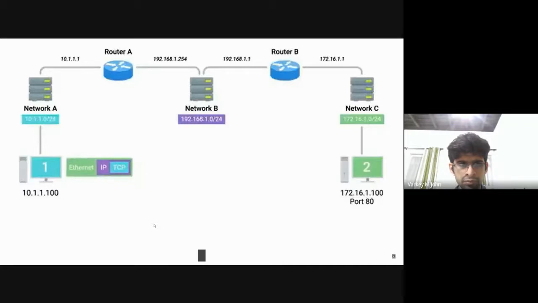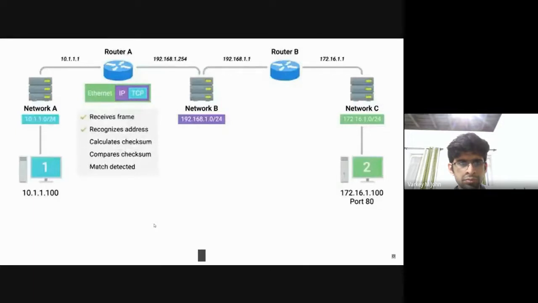The network interface connected to computer 1 sends this binary data as modulations of the voltage of an electrical current running across a Cat6 cable that's connected between it and a network switch. This switch receives the frame and inspects the destination MAC address. The switch knows which of its interfaces this MAC address is attached to and forwards the frame across only the cable connected to this interface. At the other end of this link is router A, which receives the frame and recognizes its own hardware address